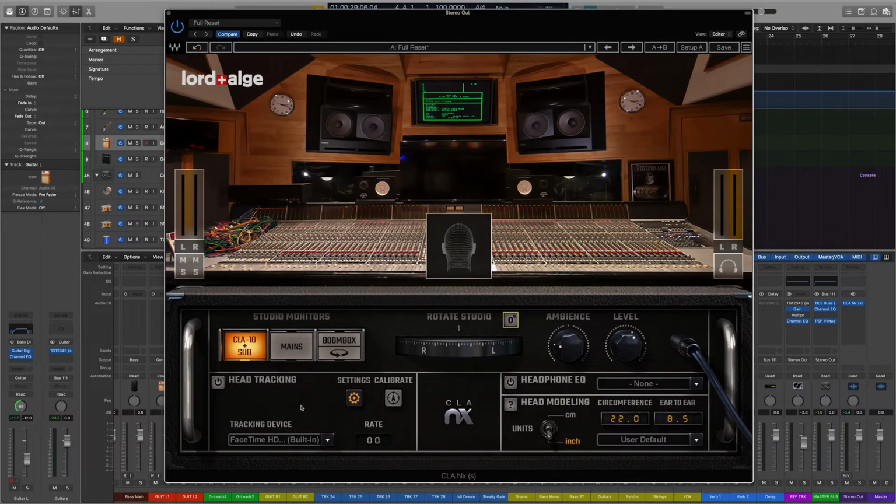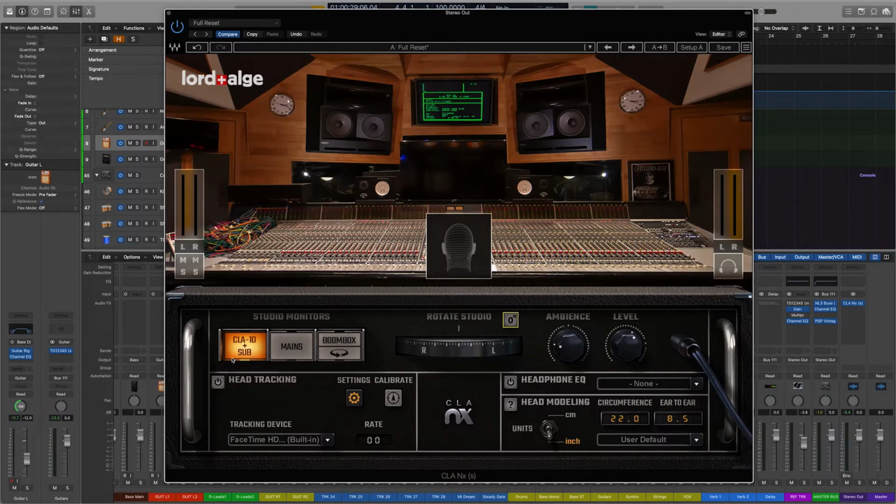Now going back to the head tracking for just a second. This plugin was literally released just a couple of hours ago at the time of me filming this. I don't have the head tracker, so I'm just using the webcam in the iMac. And as of right now, it's really buggy. If you move your head around, it just kind of sticks and locks up. I'm assuming they'll fix that because the Waves NX and the Abbey Road Studio 3 do not have this issue. So again, just a little bug to be aware of.